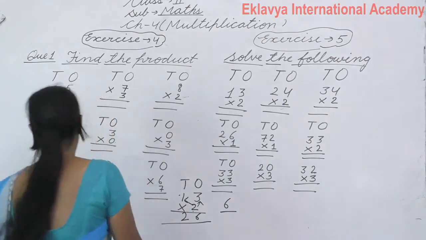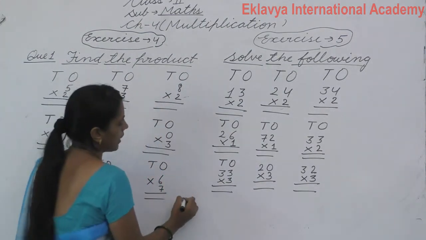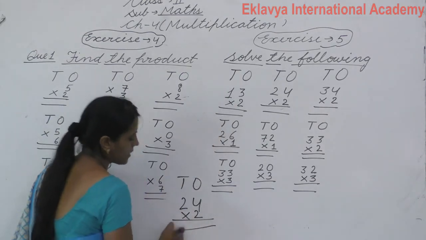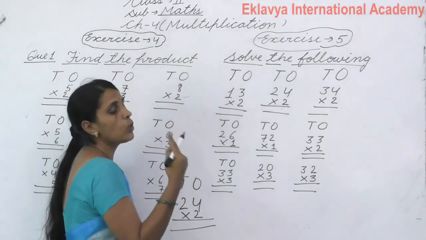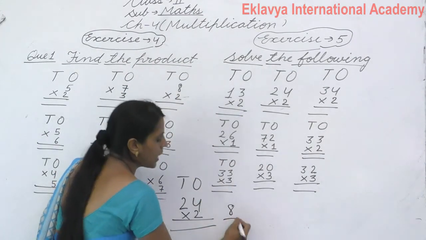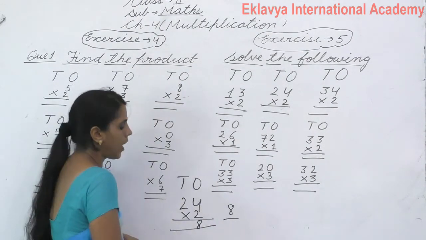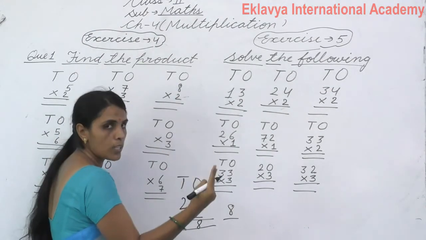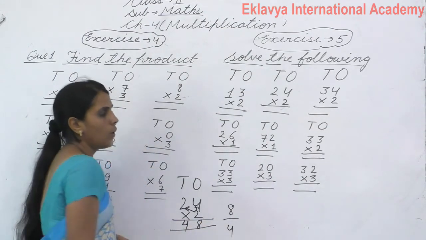Got it? Next, I will tell you one more example. Suppose I have taken 24 multiplied by 2. Okay? Yes. Same, we will speak table of 2 till 4. Speak up. 2 1s are 2, 2 2s are 4, 2 3s are 6, 2 4s are 8. So now listen student, 8 is your ones number, so we will not put carry, okay, so we will write answer 8. Now we will take the turn of 2. 2 2s are 4, so 4 is also your ones number, so we will put it here. Got it student?